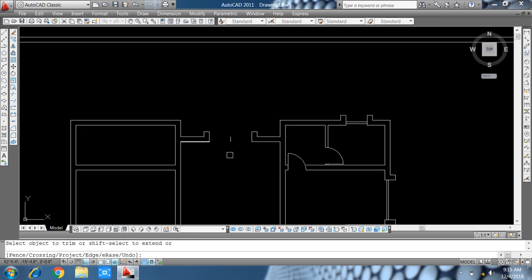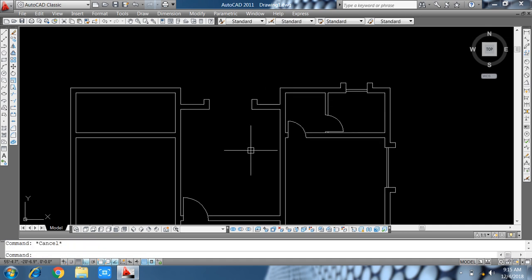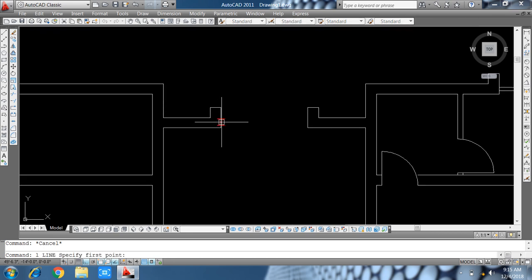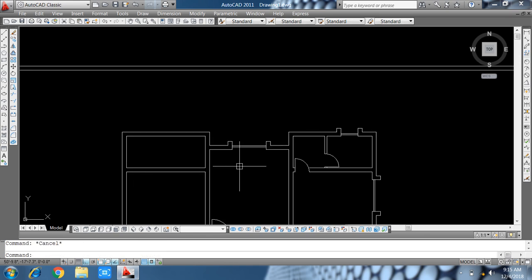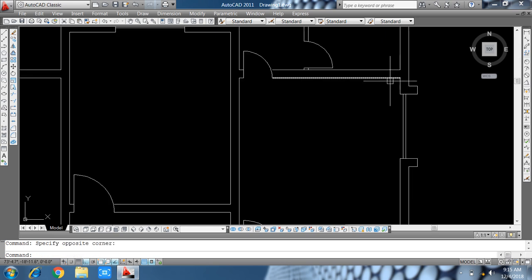So we select, now we select this all and mirror it from. Friends, we take a line and now copy mirror, select this window, enter,